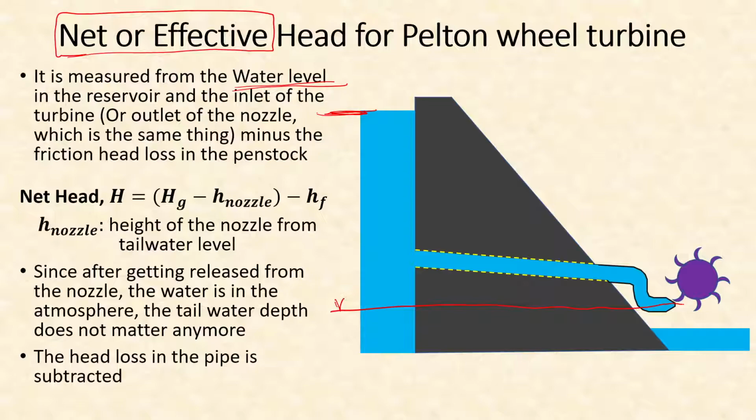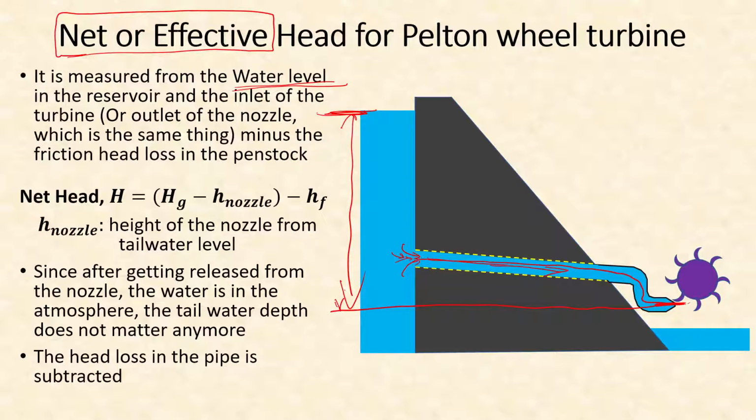That means head available at this nozzle part will be equal to this head minus the head loss throughout this pipe length. Now, as we know, as water flows inside a pipe, head will be lost because of friction and all those transitions. So as soon as water enters this penstock pipe, some head will be lost as entry loss,